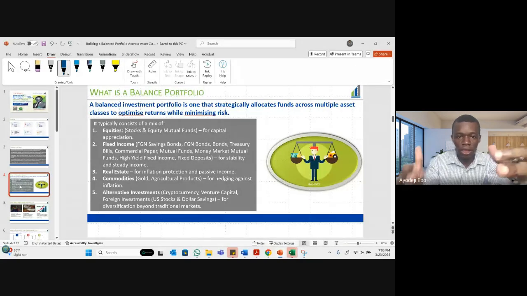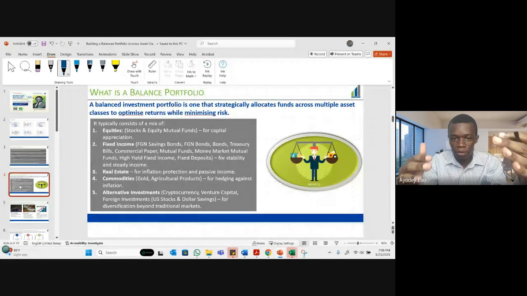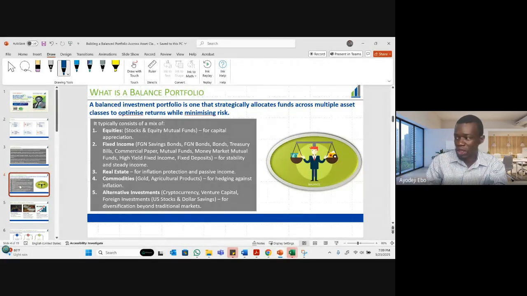Starting first of all, moving into a balanced portfolio, what do we first understand as a portfolio? A portfolio is a basket of investments. So when we talk about building a portfolio, it means that you are building a portfolio across different asset classes. But our focus as we progress in this class is to see how we balance it, how we align it with our investment objective, which is also very key,